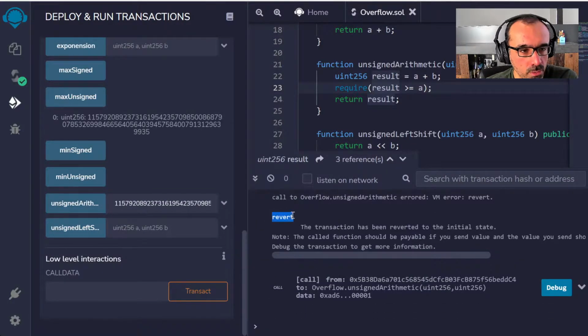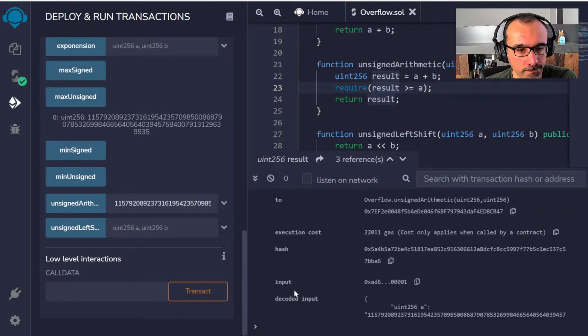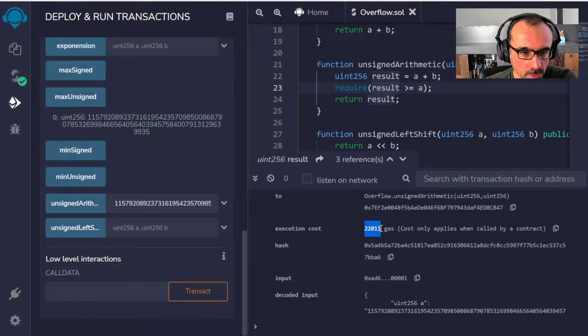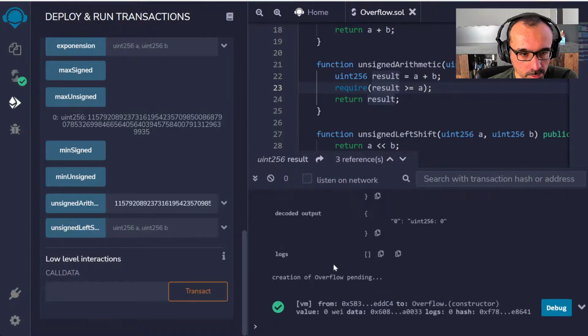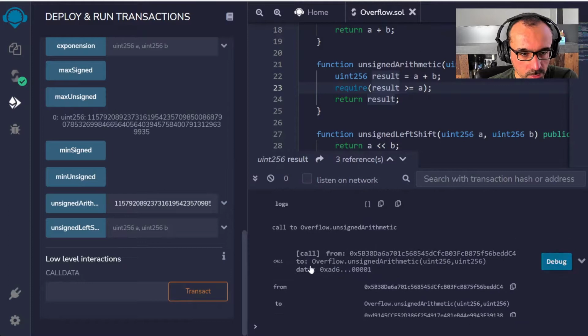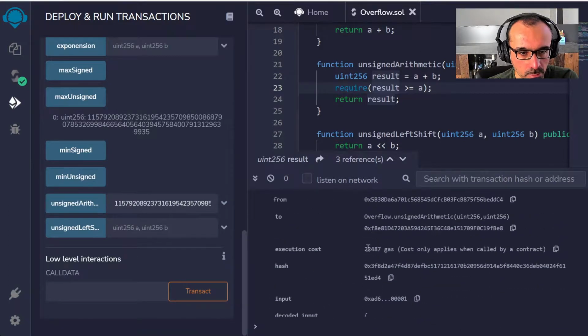As we expect, the revert kicked in, so I wasn't able to make this transaction. Now, if I look at the cost, this cost again is still smaller than the cost that we see by default in the Solidity 0.8.0 version.